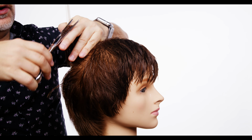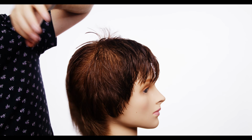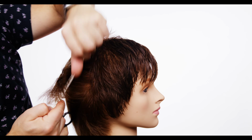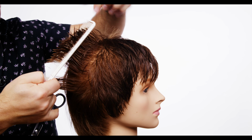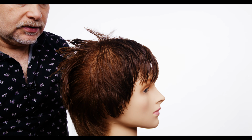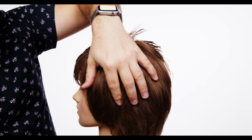Because what's going to happen if you comb everything straight up the entire back, it's going to be short here and really long down and through here and somewhat wispy. So if you want a haircut that is a lot longer throughout the bottom, then combing everything straight up will be helpful. When you get to the corners, meaning this part back here, this part of the head,